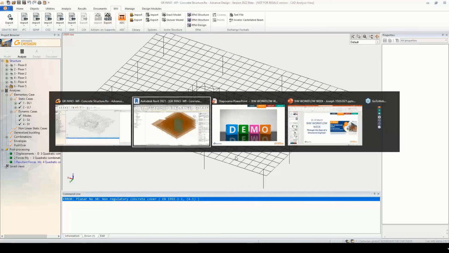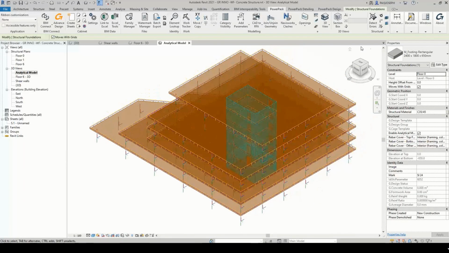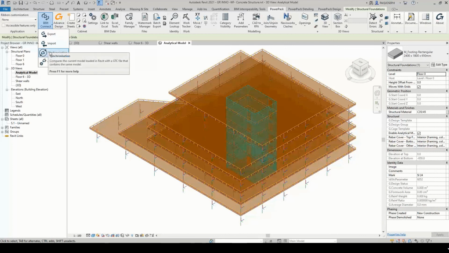So here we have generated these GTCX files, and I can synchronize those modifications coming from Advanced Design to Revit.